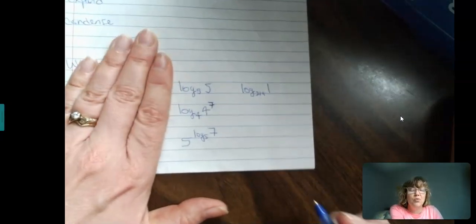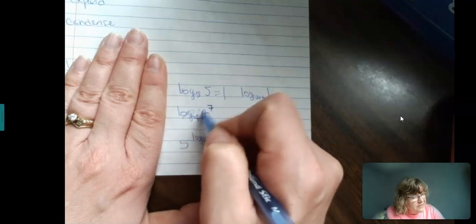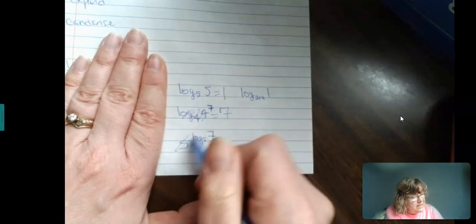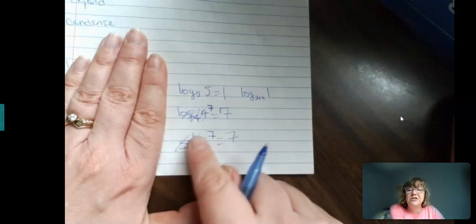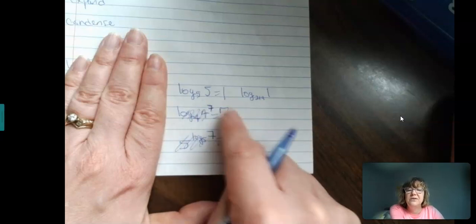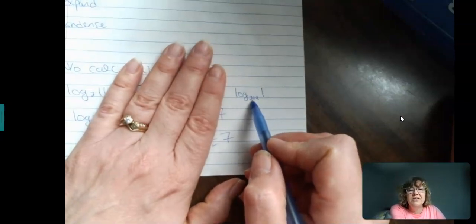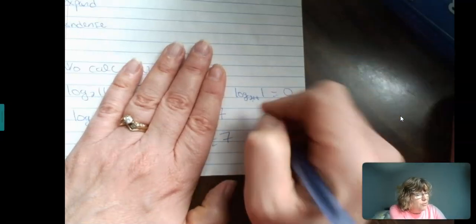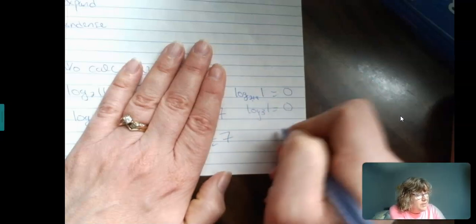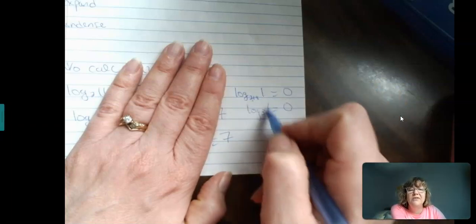All right, now these are kind of more rules. Think of this: 5 to what power equals 5? Well, that's going to have to be 1, even if it's 6, 6, whatever. Here, these cancel out and you get a 7. These cancel out, you get a 7. And this is the one I talked about, because logs and exponentials are inverses, so you see those cancel out and you get the 7. Here, remember I just talked about a little bit ago, this is your base, and anything to the 0 power is 1. So if you have a log of 1, it doesn't matter, it could be log base 3, it's still going to be 0, because any number to the 0 power is 1. So log of 1, regardless